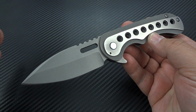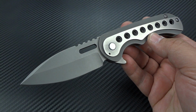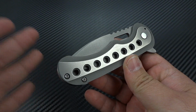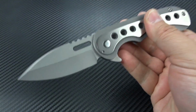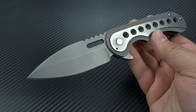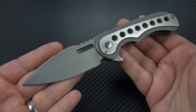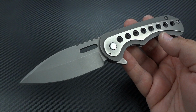The main reason I'm excited, besides my own selfish reasons that I love the knife and it's been a lot of fun to carry, is that, and you'll notice this has been a pattern lately in my videos, I'm bringing out to you right now a maker that does not have a substantial weight on his books. I have been critiqued for years for coming out here with dream knives from legacy makers that have closed books or 3, 4, 5-year waits, and people go, oh yeah, that's great, dude, but I can't buy one. Here is a maker that I'm telling you is making a damn solid knife for a great price,